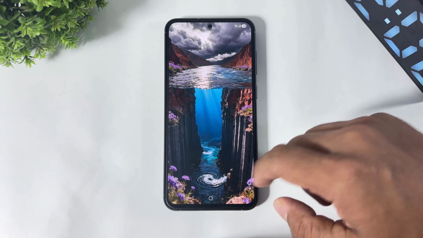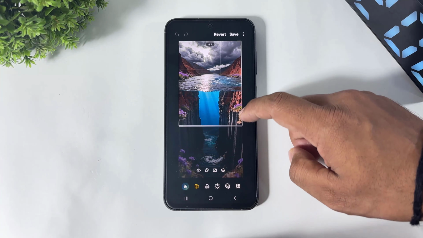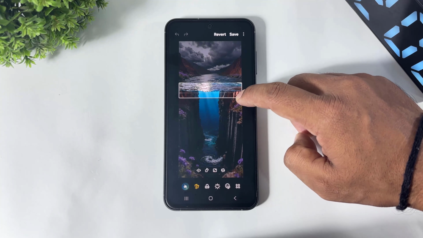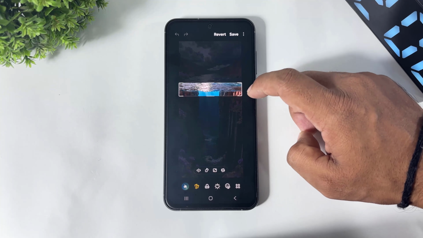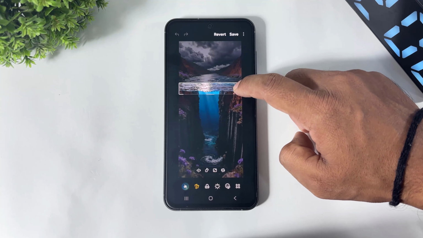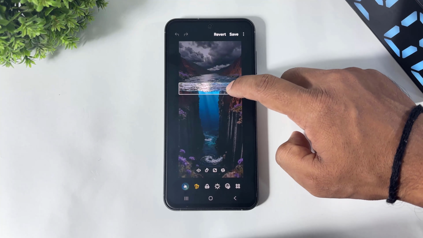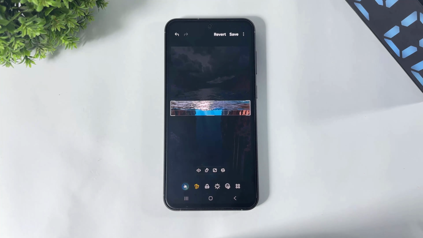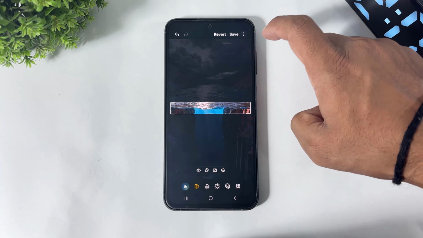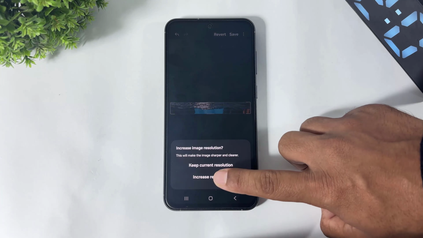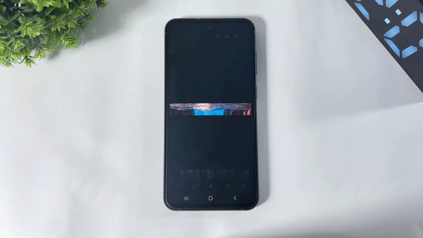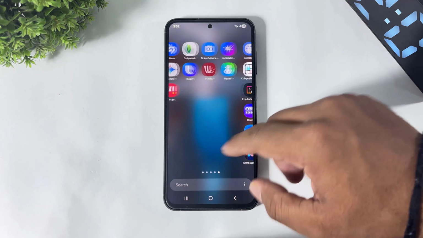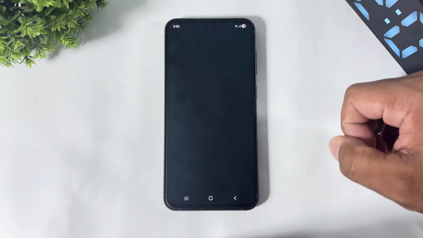Now crop this wallpaper first like this. Now simply save as copy, tap on increase resolution. Now guys, remember, first go to Galaxy Store